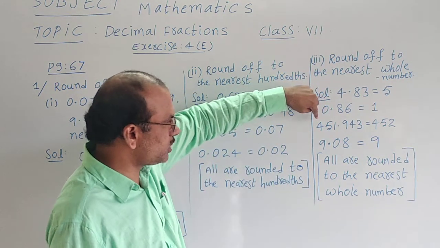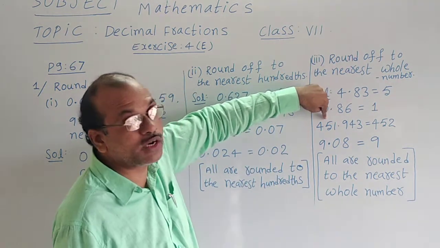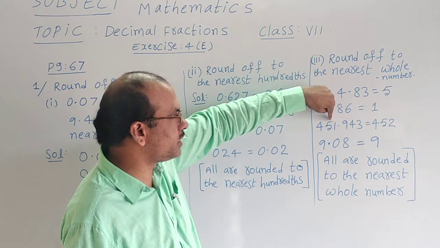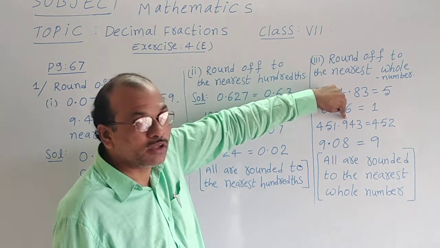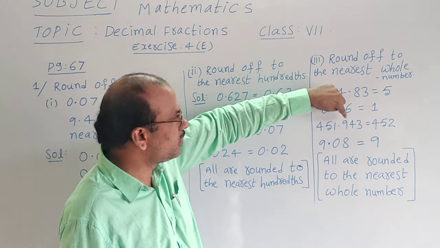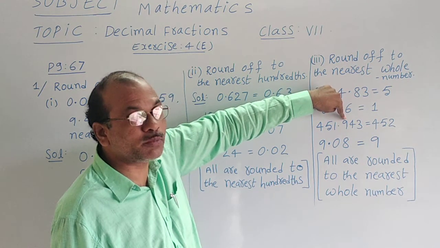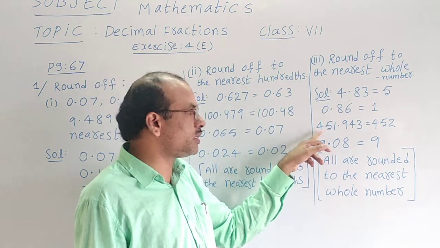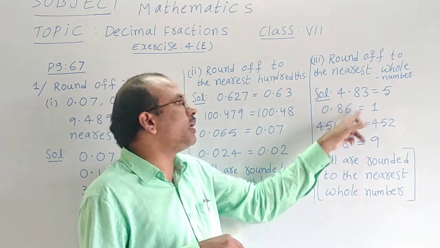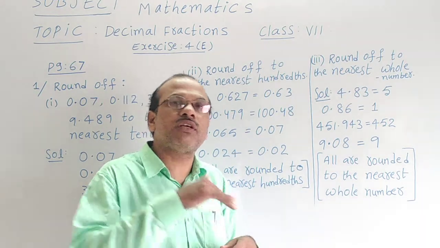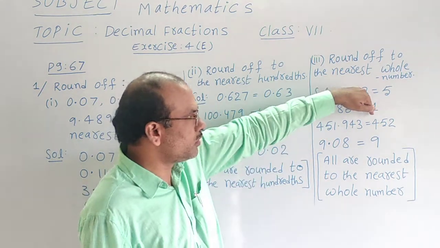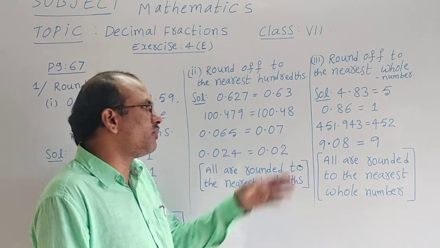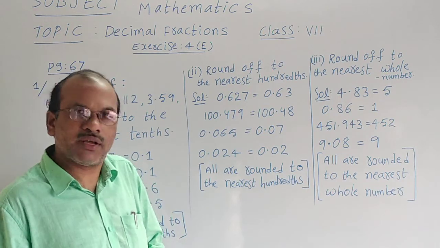451.943. So this 451 is the whole number. This full I have to write actually, but whether there is any chance of changing this number or not we have to think of. By seeing this 10th place digit 9, we came to know that it is bigger than 5, so I should give 1 to the 451. Already 451 is there and 1 we are going to get newly. 451 plus 1 gives you 452. That will be the nearest whole number for the given decimal number or the decimal fraction. The next.